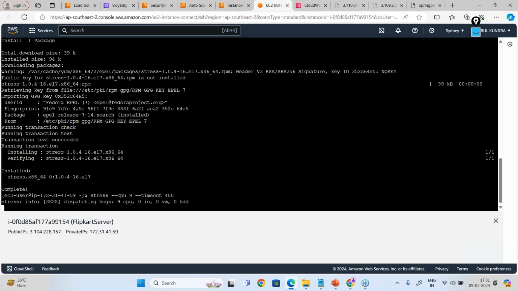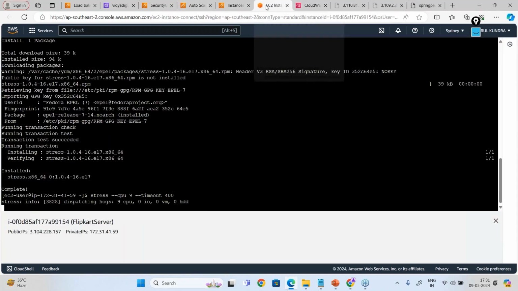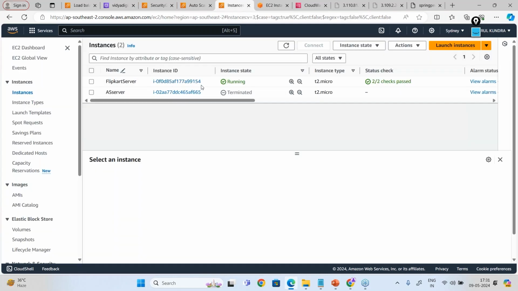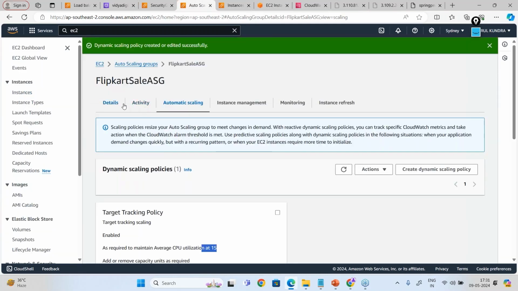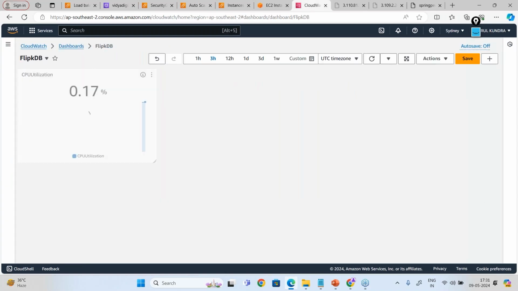Let me paste this. So I've given stress to my system, and when the stress comes here, its CPU utilization will go up. And when its CPU utilization goes up, what will happen? Right now, I'm only having one server running. My auto scaling is saying that whenever it goes above 15%, it can go up to a maximum of 4 capacity. I'm going to prove this to you. You will understand this when the stress comes. But before that, because it takes time, right now there is no stress. It will take some time.